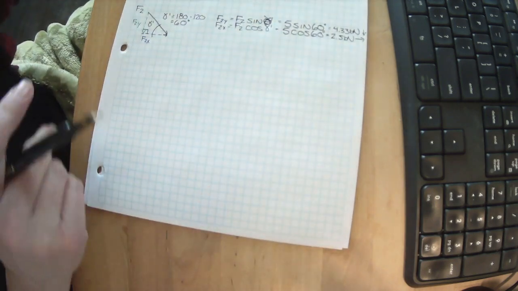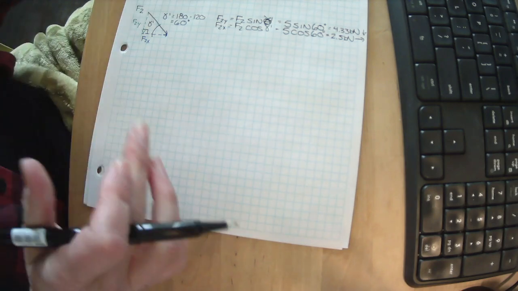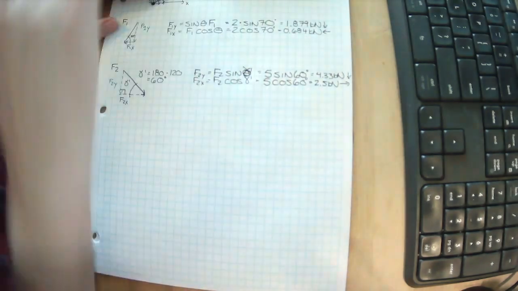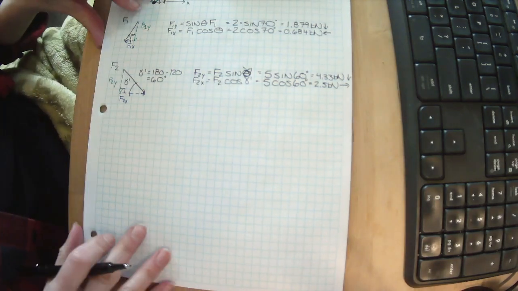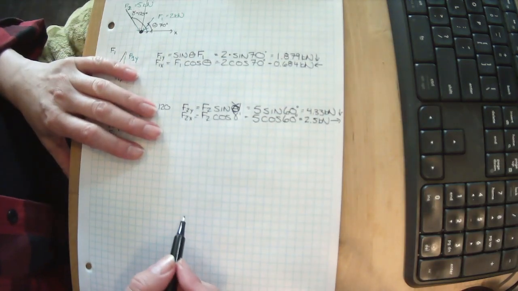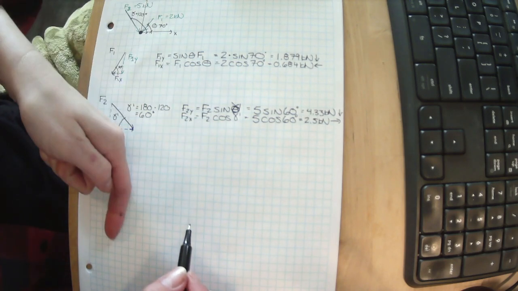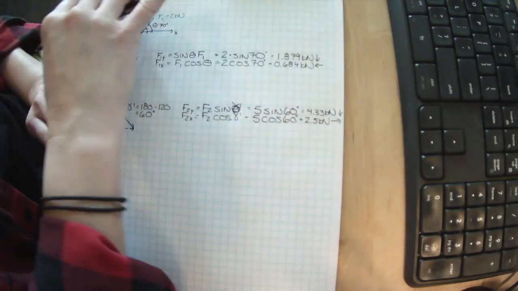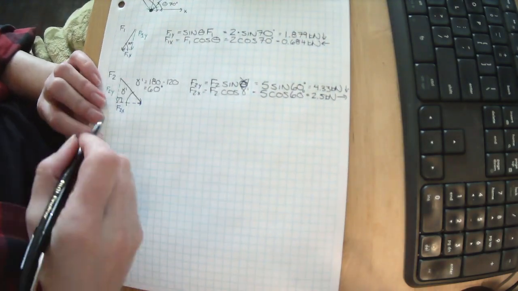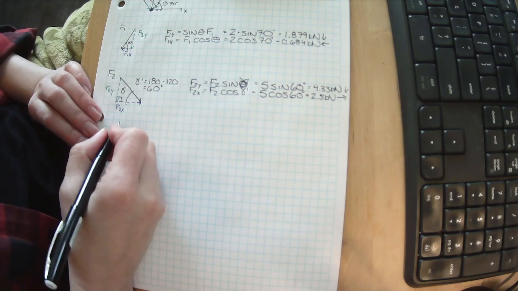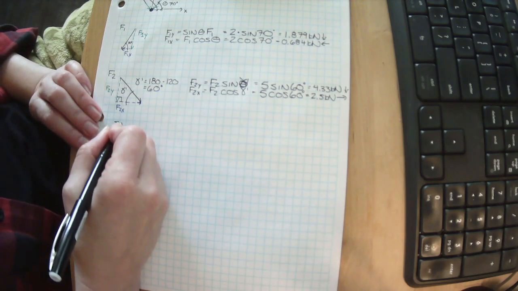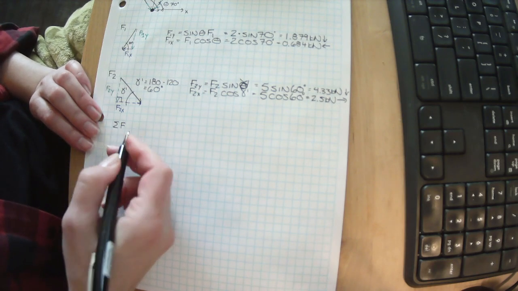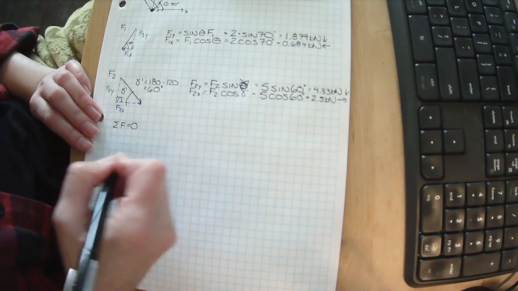Okay, I am going to write some terminology here that's going to throw you off for whatever reason, but just stop and think about it. We want to know what it takes for this thing not to move this way and not to move this way. So not to move up or down and not move back and forth. So we want to make sure that the sum of all the forces, so that means sum, forces equals 0,